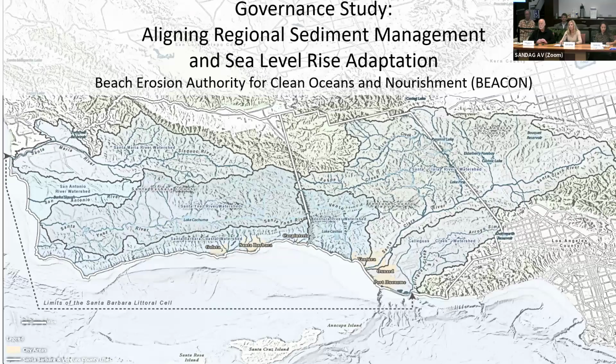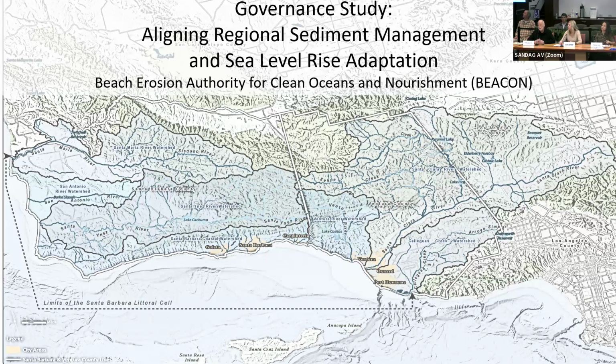And then finally, I want to mention that the Coastal Conservancy provided $50,000 to Beacon to do a study of integrating regional sediment management and sea level rise adaptation governance. So we'll be coming back to you all through probably internet surveys and some focused interviews to see what ways we can imagine that we could tighten the intersections between our historic regional sediment management efforts, and there are 11 areas in the state of California that have regional sediment management plans, and the new focus on sea level rise